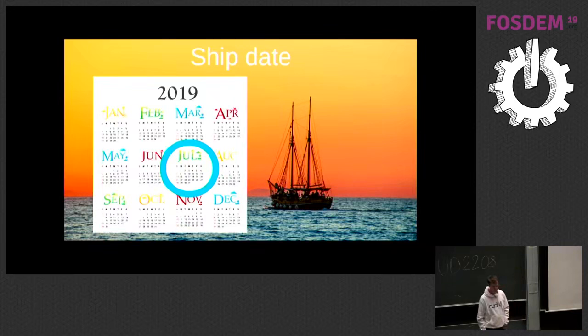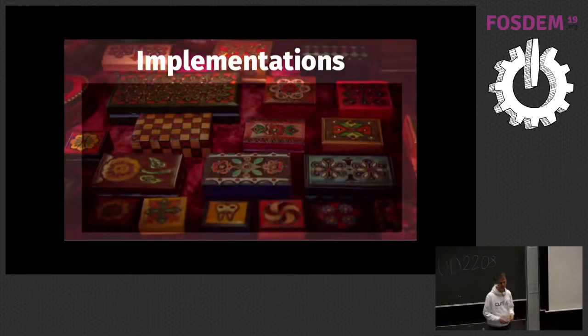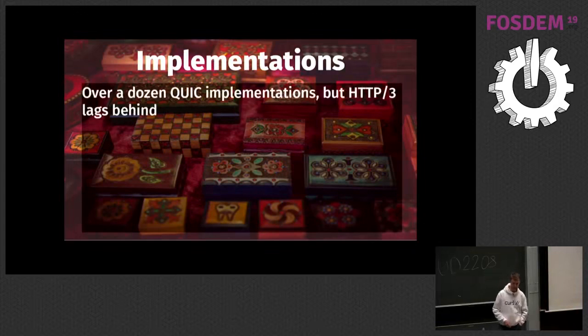So, okay, if the standard is going to ship in July, and we talk about all this, how's the situation then in implementation right now? When can we try this out? When will Firefox run it? There are a lot of QUIC implementations, but not many HTTP3 implementations, which one might argue is a bit worrying since we're going to ship it in July and we can't even do interop tests with HTTP3 yet.